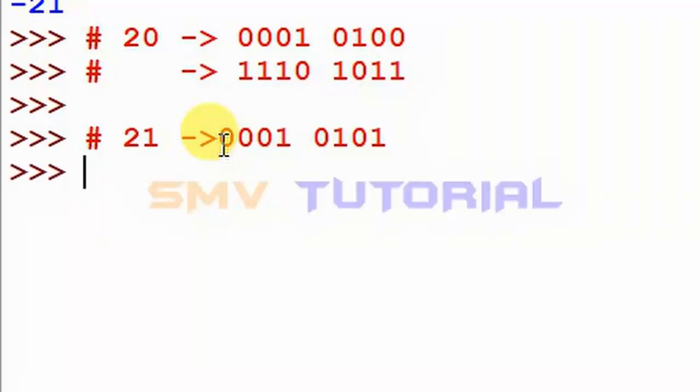Next one is the negation of the 21 value, that is the opposite of the upper value, that is 0 means 1, 1 1 1 0, next 1 0 1.